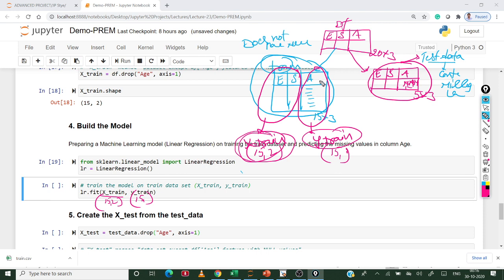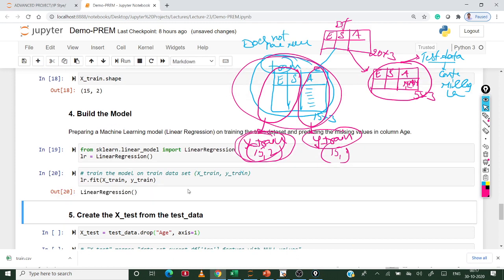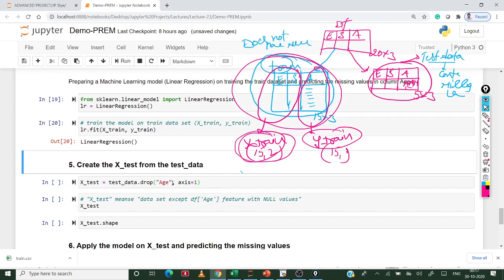So we have to train the model on this data set. So now the model was trained.